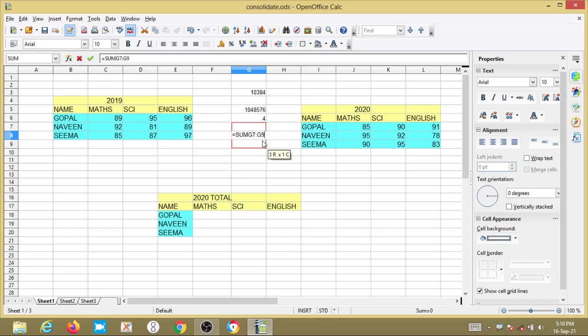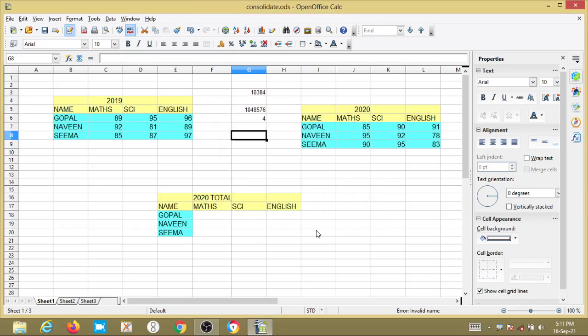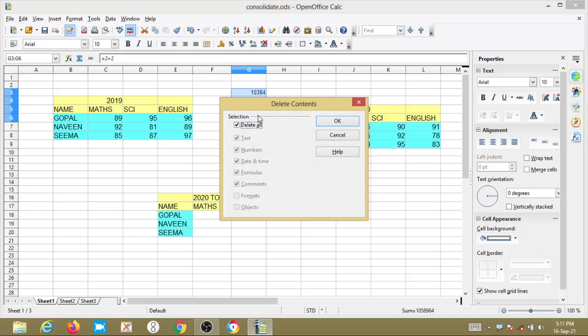Here I want to delete the contents. For deleting, select, press delete, delete all contents. I will delete this also. Enter.